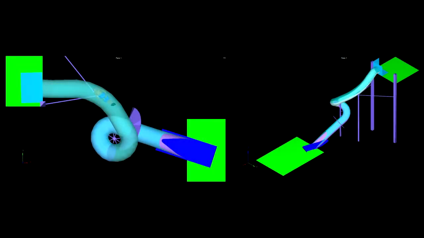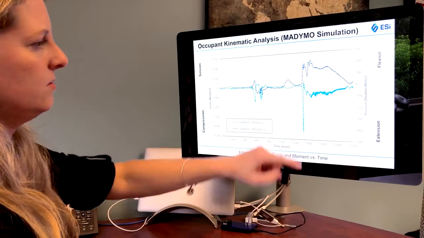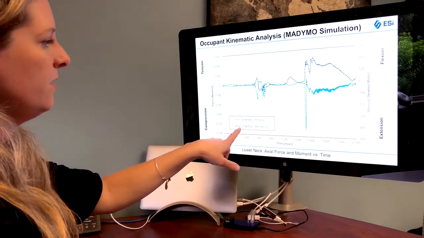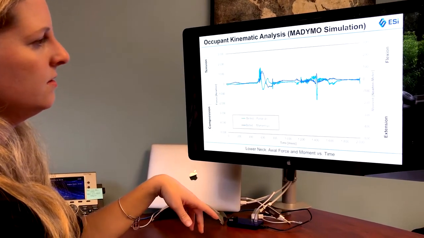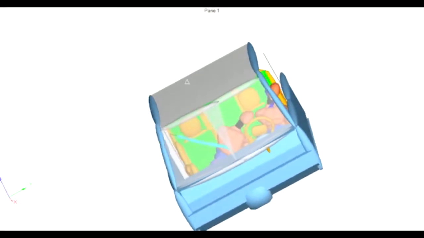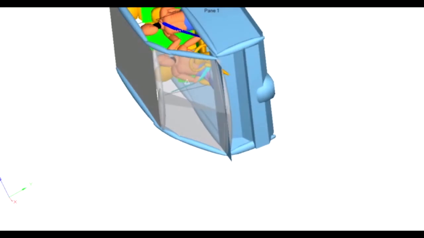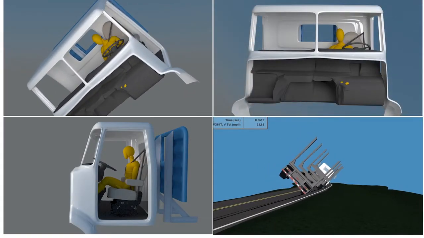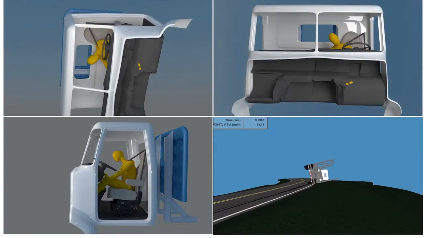ESI has used Madymo to simulate falls, motor vehicle crashes, and interactions with various consumer products, and we use this to look at the injury risk that an individual would sustain as a result of any of these types of events. Sometimes it's comparative, looking at had they fallen in one way or another, what would the injury pattern be? Other times it's comparing belted versus unbelted, or we're trying to understand how an individual hurt themselves in a specific